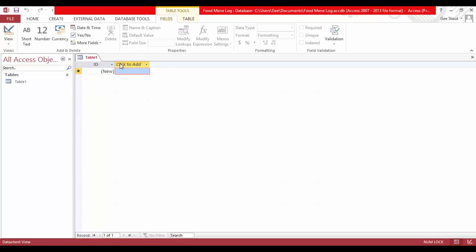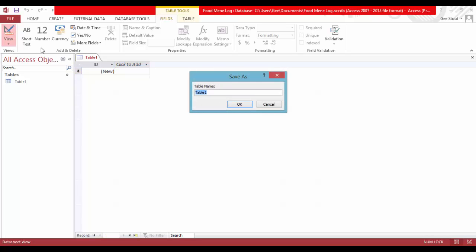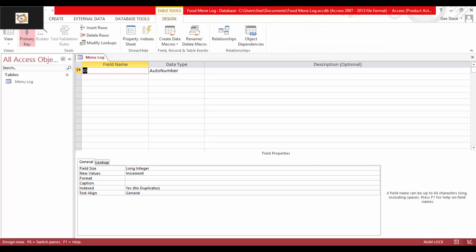Okay, now let's go to the design view. Click design. Let's name it menu log. That takes us to the design view. Then we have to create an ID to keep track of whichever food we put in our system. In this case, the first menu is going to be the first ID that we have. So menu ID,